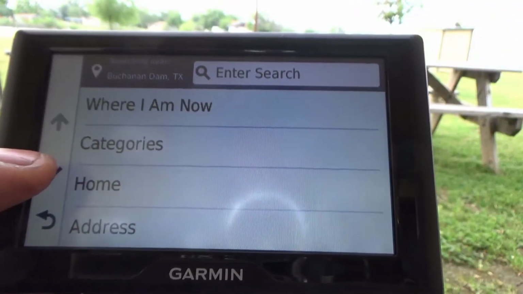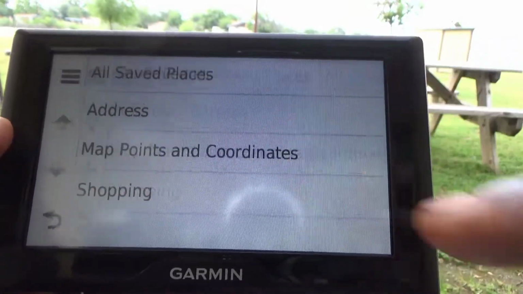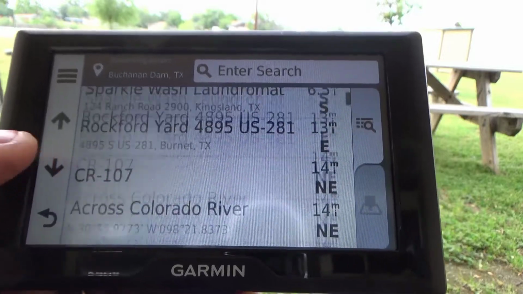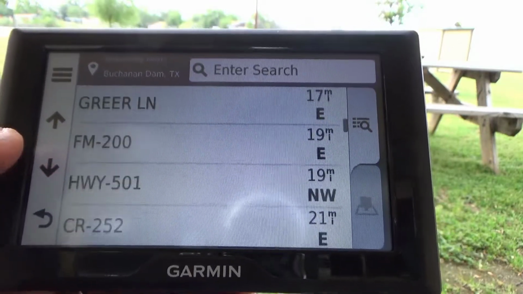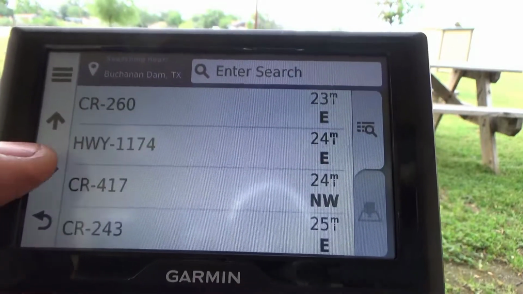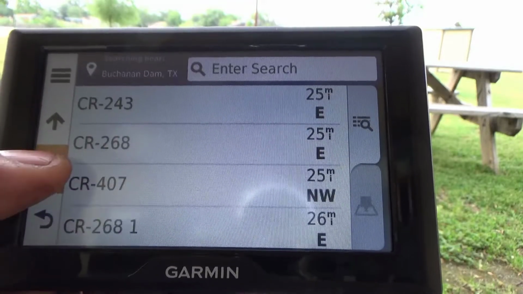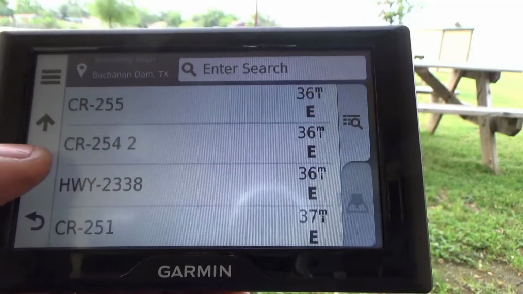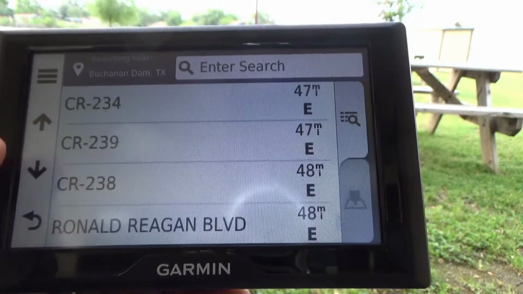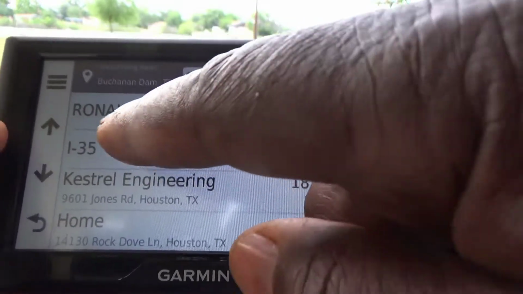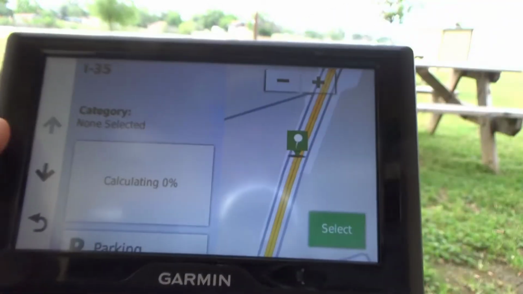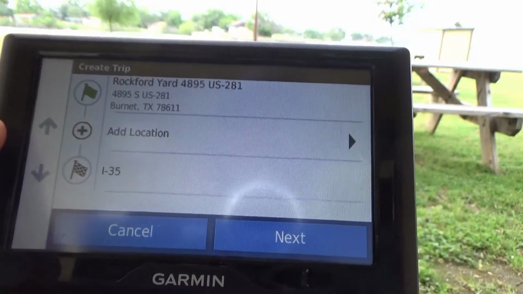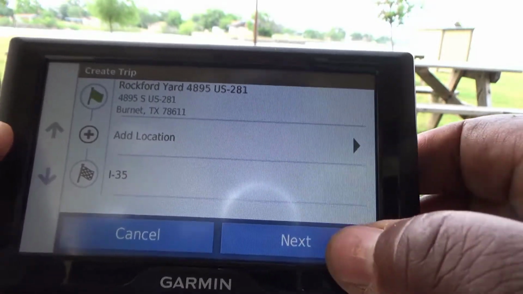I'm going to click this button, go down to saved places, all places. So we're going to go down. I'm going to just try another place. Let me see if I can find location 35. It's the end of the pipeline. So right here, I-35. Click on it and hit select and hit next,